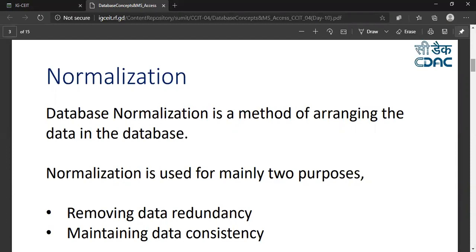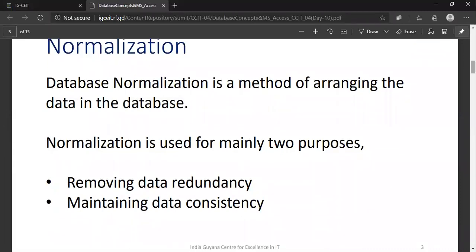The purpose of implementing normalization is that we need good and effective retrieval of data. We can implement normalization by removing data redundancy. Data redundancy means duplicacy of data.